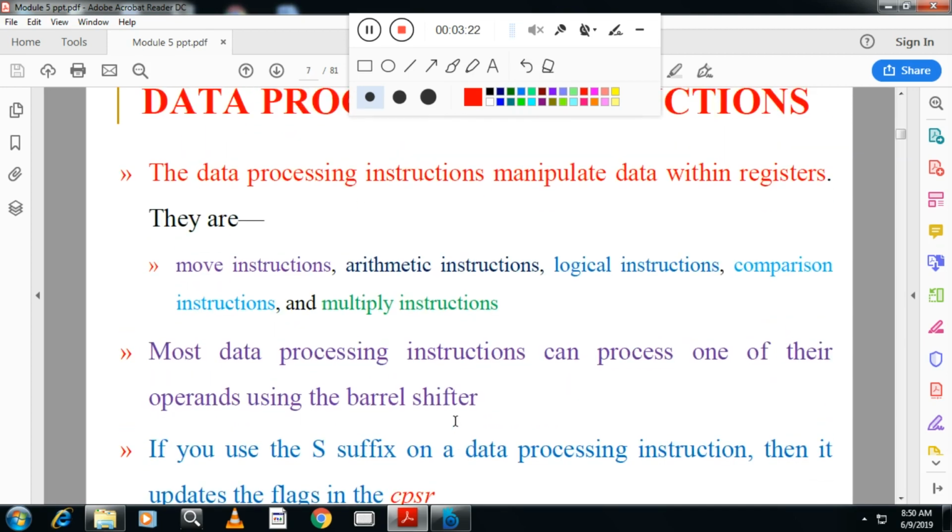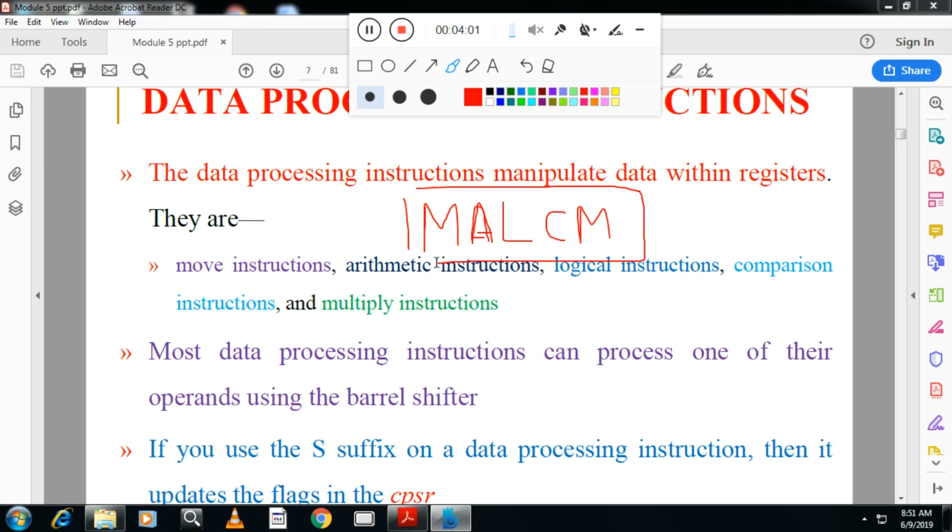Now, data processing instructions contain move, arithmetic, logical, comparison, and multiply instructions. Let me write here: move, arithmetic, logical, comparison, and multiply instruction, MAL, CM. Somehow you have to remember these, MAL, CM, because when they ask about data processing instructions in the exam,